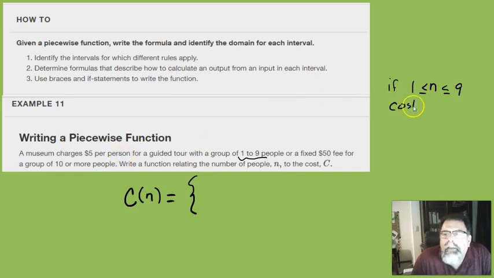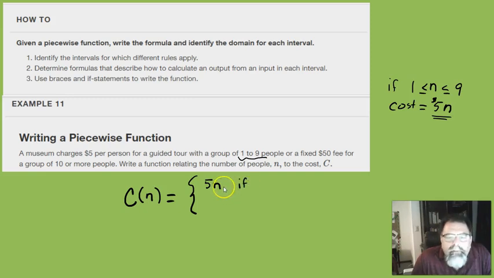We're going to say cost is $5 per person, so it'll be like that, 5n. The way we do this here is we're going to write this on the top line. So 5n